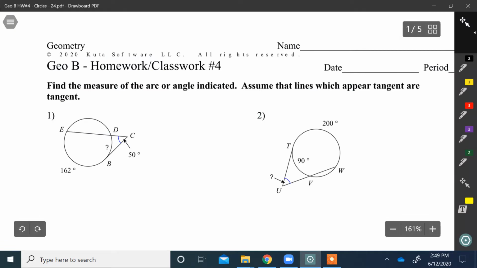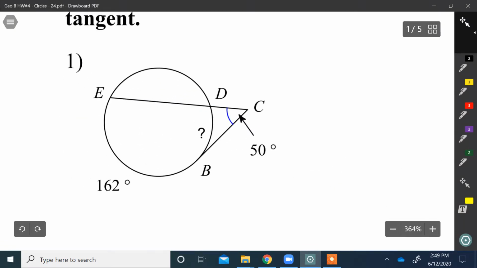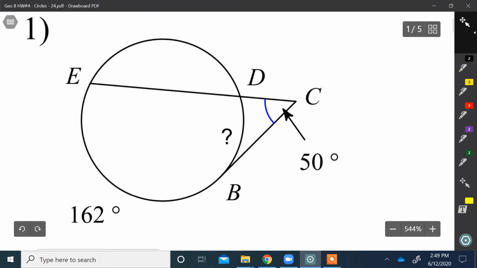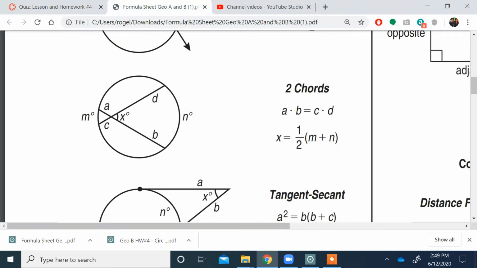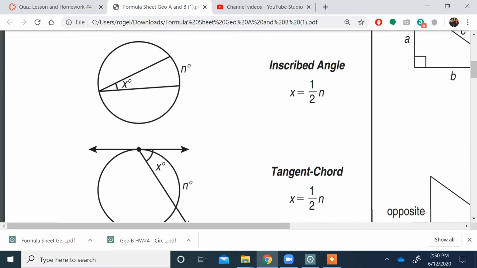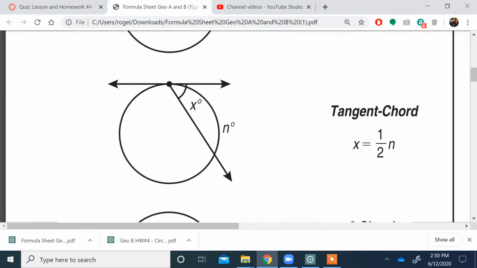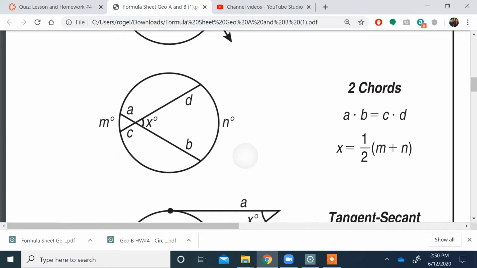Let's start with this problem right here. If you open it up, this is what you're going to see in there. The first thing you have to understand when you're doing this is that you have to recognize what you have. What do we have in here? I'm going to go back to my formula sheet and ask, what does that look like? Does it look like this? Does it look like this? Does it look like this,